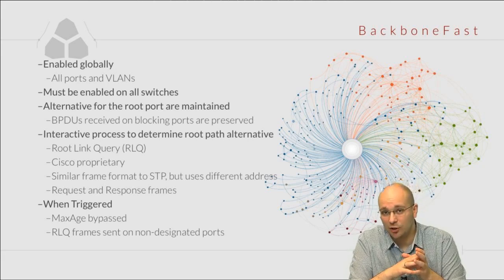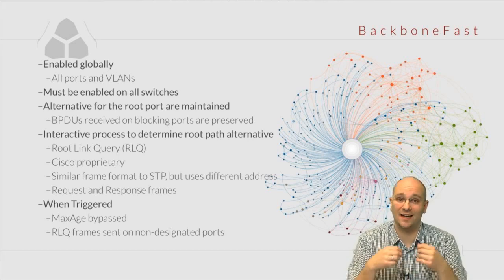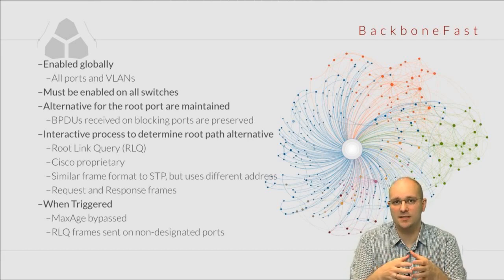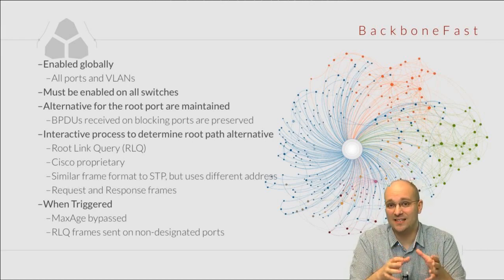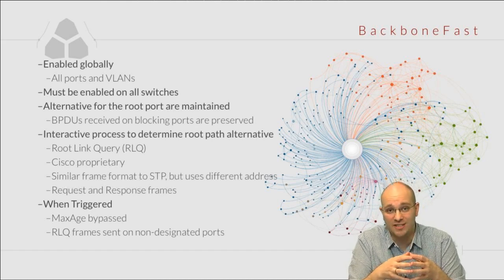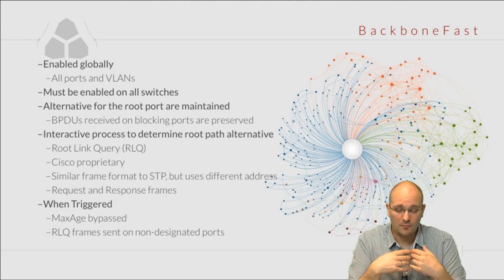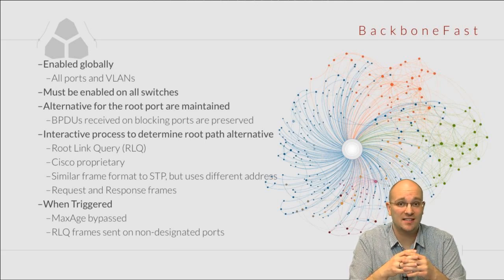The root link query is a protocol that looks very similar to spanning tree if we were to look at it at the frame level. The format is just about the same. However, the address to which it is sent is not that of the spanning tree. In case we have some switches that don't understand the root link queries, we wouldn't want to confuse them. So if they receive these frames, they're simply going to ignore them, and the switch that generated the root link queries is going to have to go through the standard spanning tree convergence